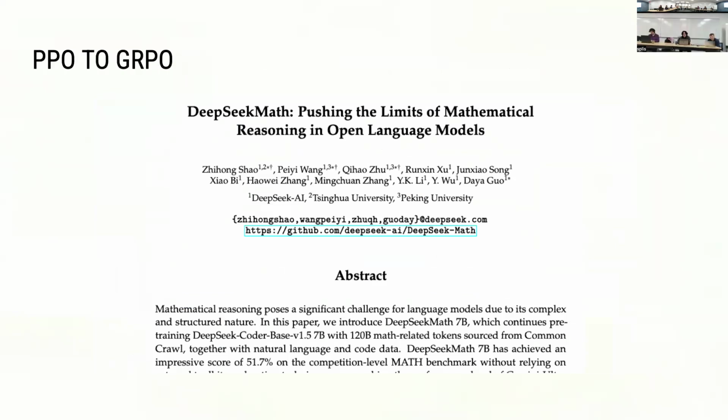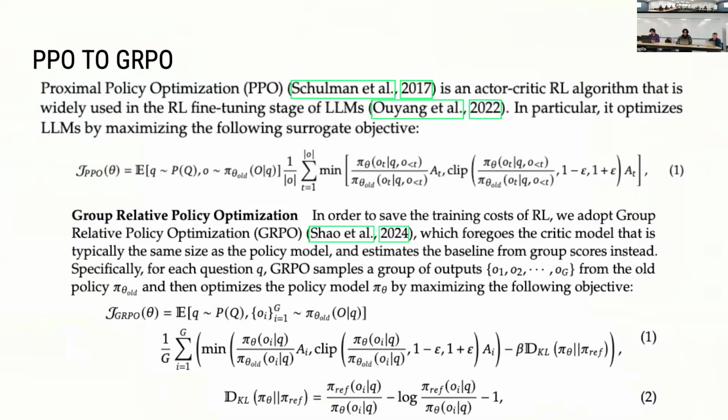GRPO. GRPO isn't actually introduced in the R1 paper. It's introduced in a different paper by DeepSeek called DeepSeekMath, in which they first did small experiments on a smaller model. In this paper, they go over their derivation. It's basically just applying a slight modification to PPO to make it so that you don't use the critic model. And the reason they give for not using the critic model is to avoid reward hacking by the model. If you don't have a critic model, you don't have to play around with the parameters of it. And so the only way the model can actually optimize is to actually do